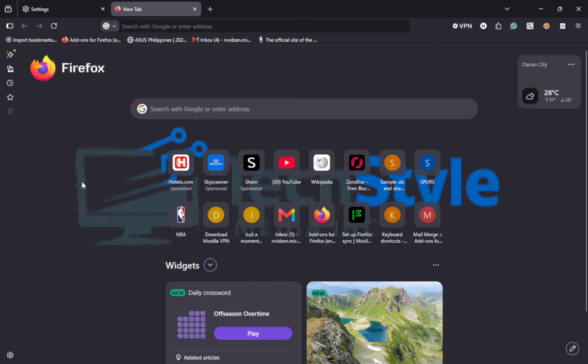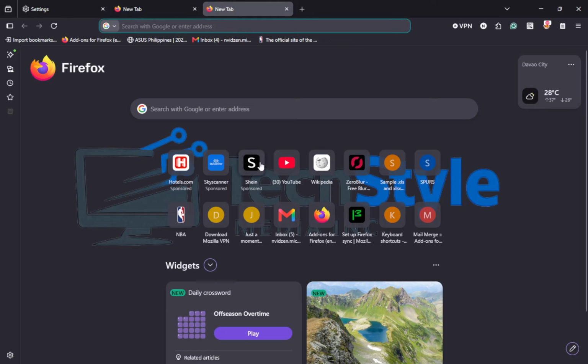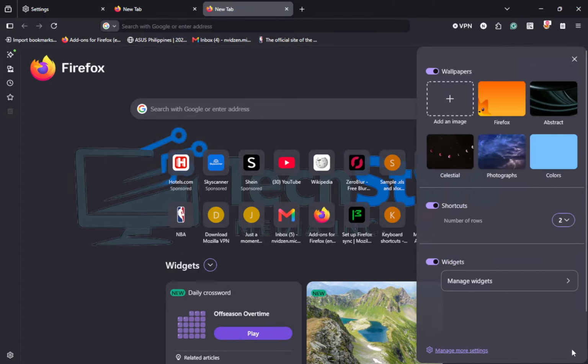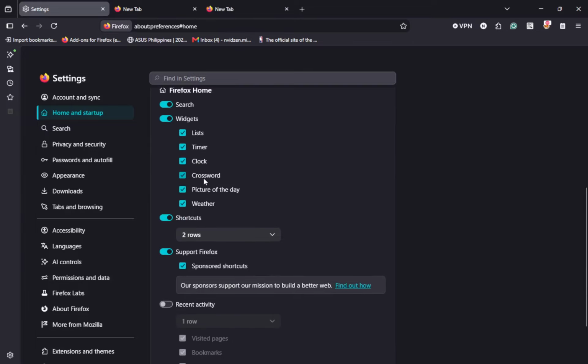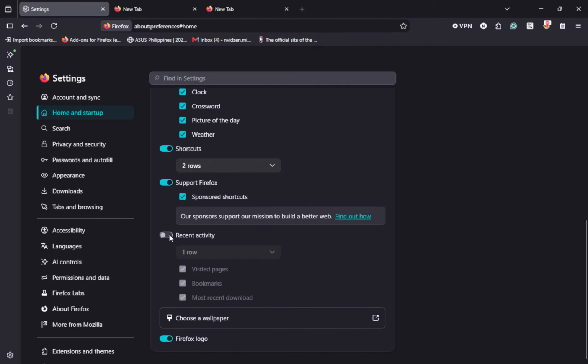There is also a section for Recent Activity. This can show pages you have recently visited or bookmarked, and many people turn it off if they do not want their browsing history to appear right on the new tab. Finally, you can control the Weather section together with wallpapers on that same panel. If weather is available in your region, you can show a small forecast on the new tab, and if you turn it off, the weather box simply no longer appears while your wallpaper choice stays the same.